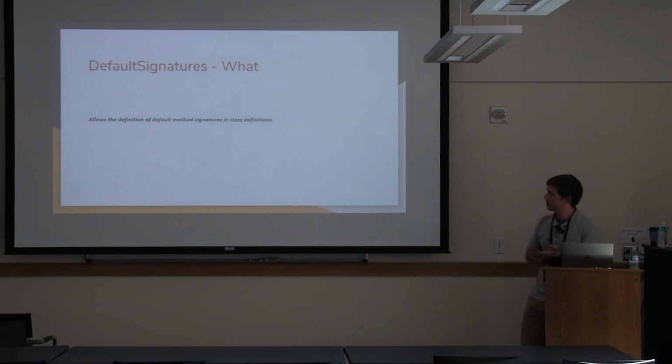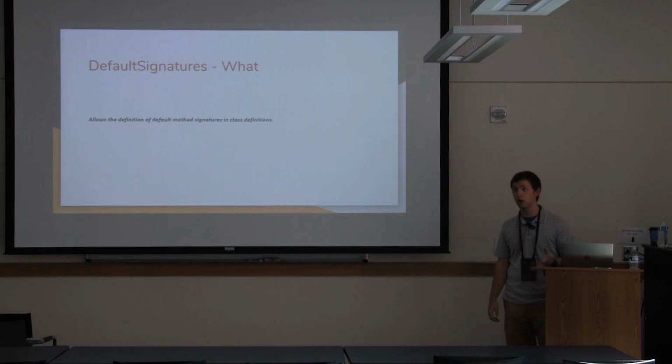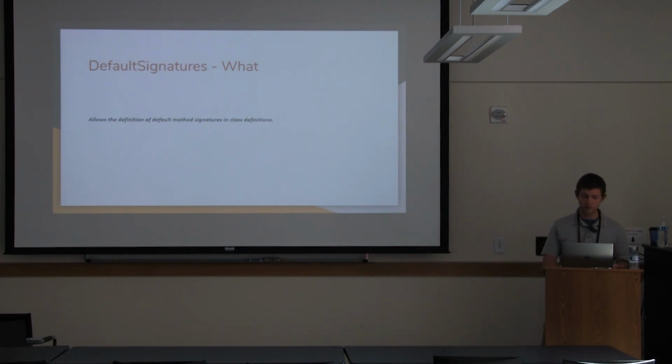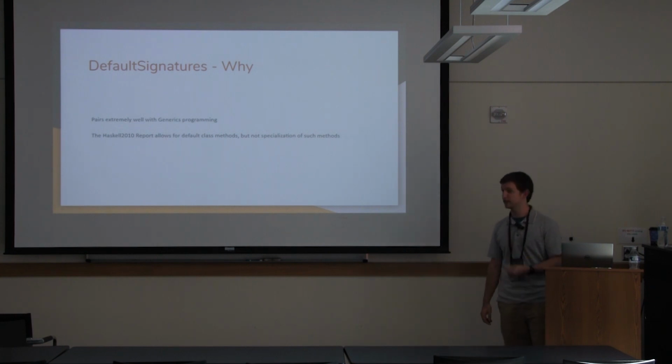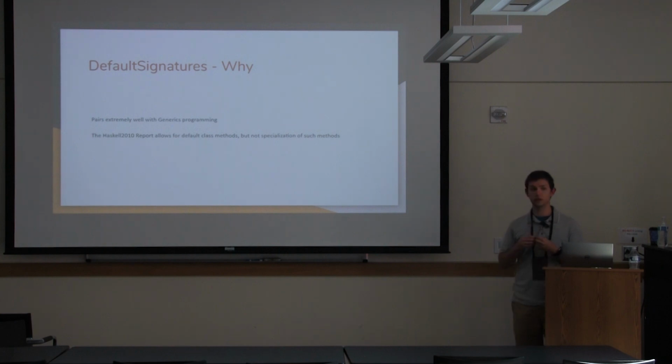All right, so default signatures allow the definition of default method signatures in class definitions. So in base Haskell, you actually can define a default instance inside of a class declaration, but you cannot give it a particular signature. And why would that be useful? Well, generics programming is basically the reason that this exists. So when you're doing a lot of generics code, you need to be able to specialize certain default methods to have their own constraints,